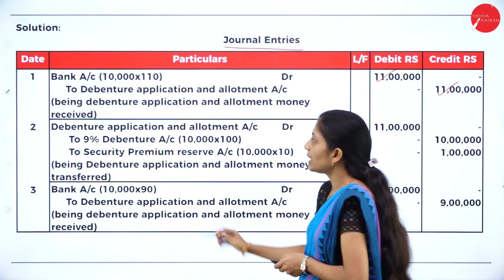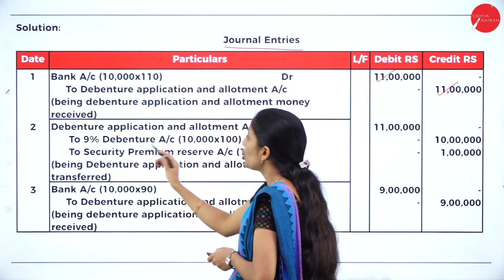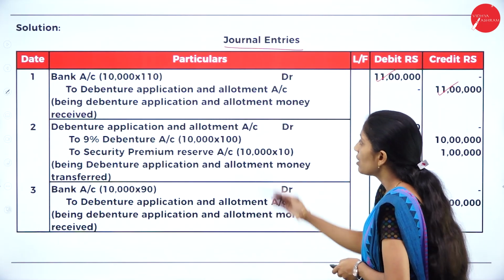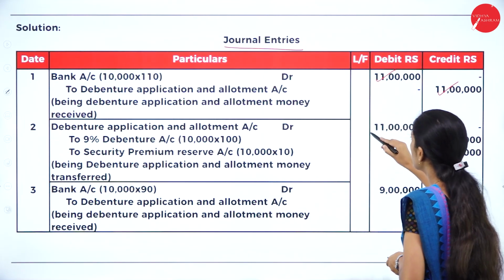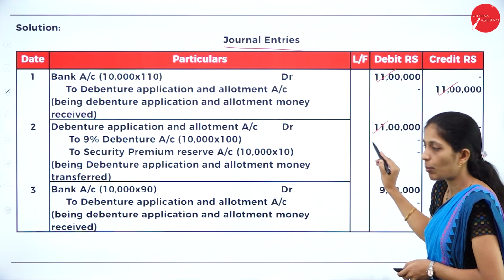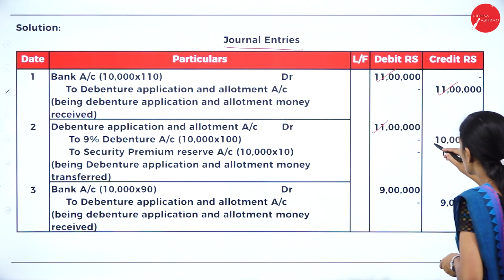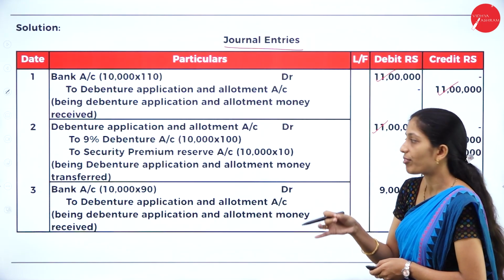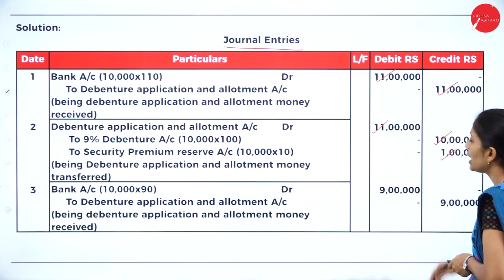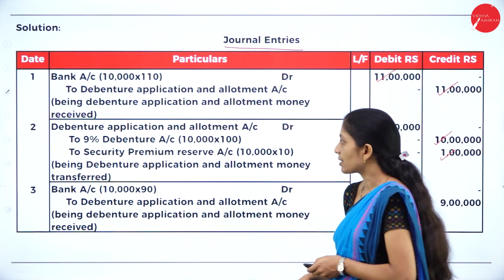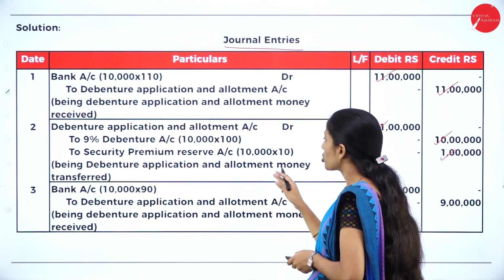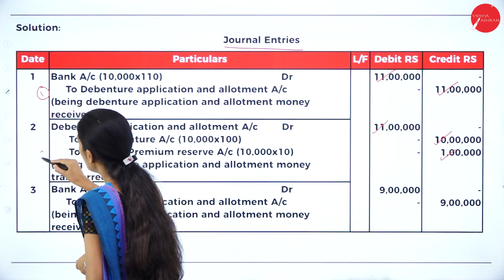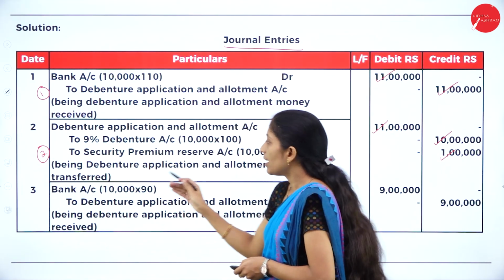So, how do you transfer then? Debenture application and allotment account debit to 9% debentures account, to securities premium reserve account. Debenture application and allotment, how much? That is 11 lakh. Whatever it is, we will take the same amount. To 9% debentures, 10 lakh, that is 10,000 into 100. But we have a premium of 10, correct? So, 10,000 into 10 will be transferred to securities premium reserve. Your narration will be debenture application and allotment money transferred. For this entry, it carries 1 mark and for this one, 2 marks. Now, in the same way,